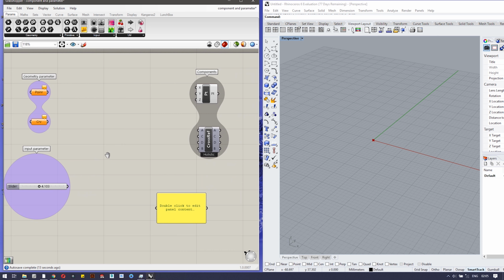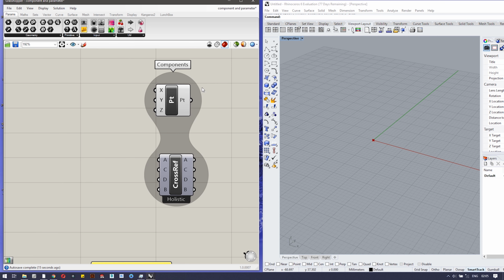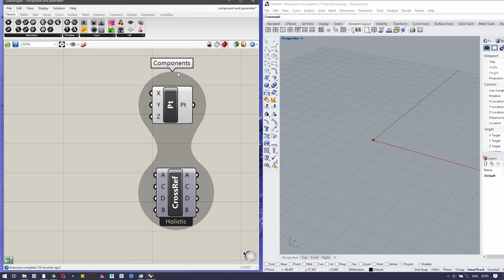And the second object type is the component. Components actually process the data. Here you can see this particular component with the point. It takes three values, x, y, z, and stores them as a coordinate. So if you see it, there are three basic parts. The first one is the name, which is shown by the pt, actually the construct point, and this is the output, and these three are the input.